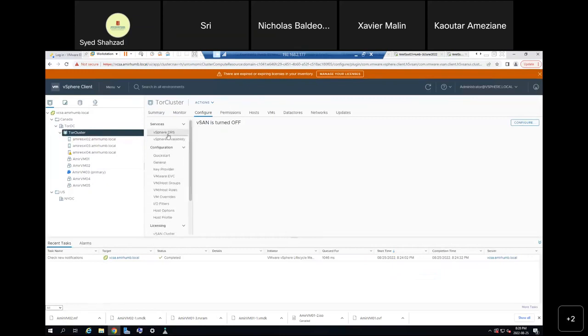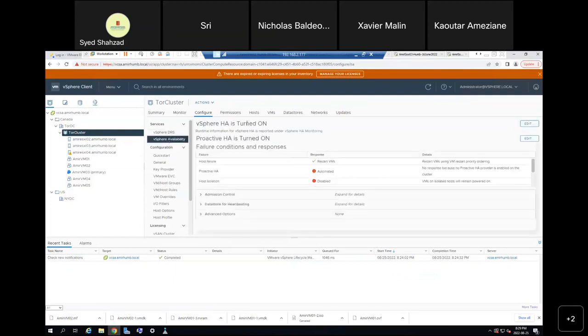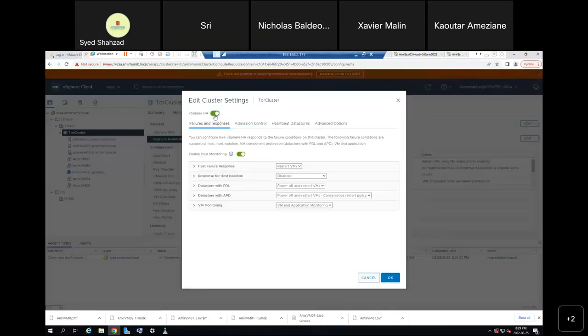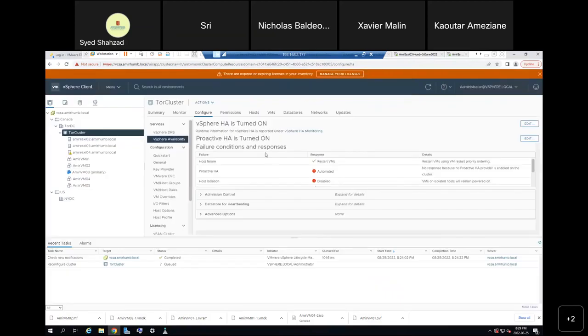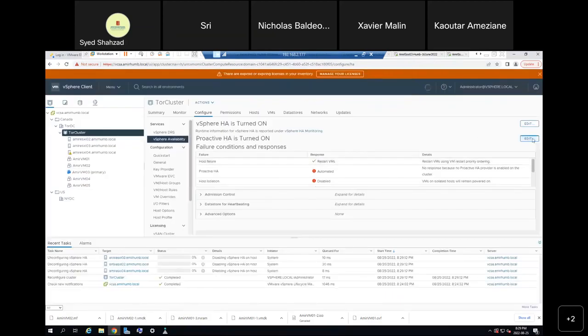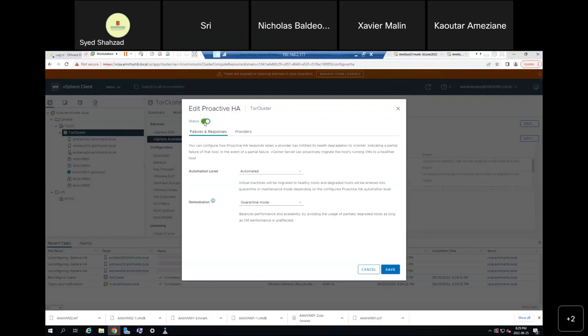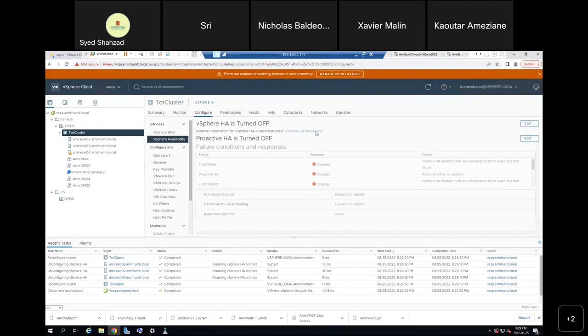to the HA, this one, and I'm going to turn it off, right? So that's just a requirement of vSAN, that you turn off HA. So I'm going to turn off HA, both of these, right? Okay. So once they are turned off,